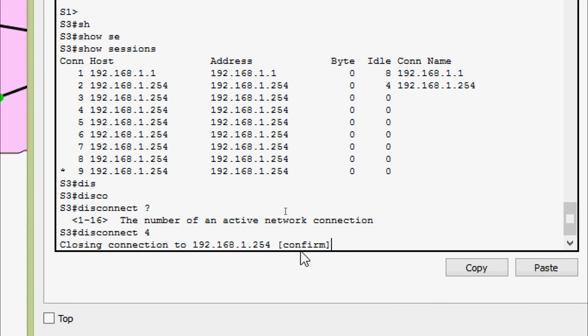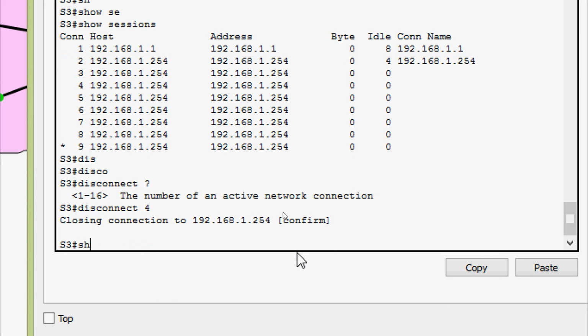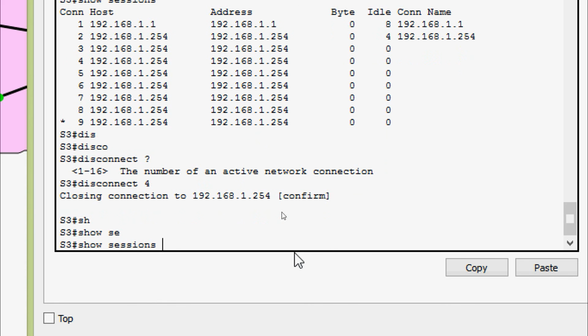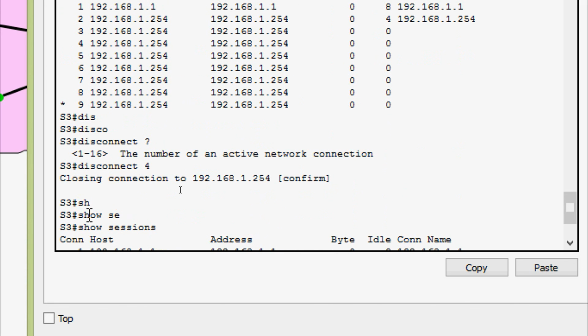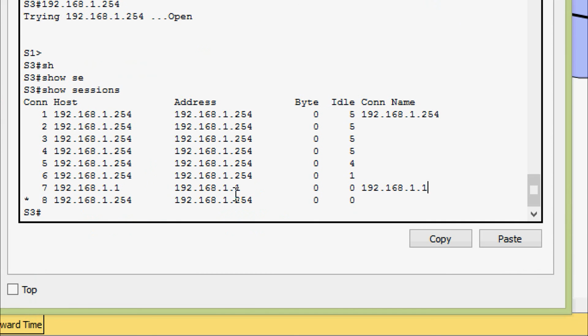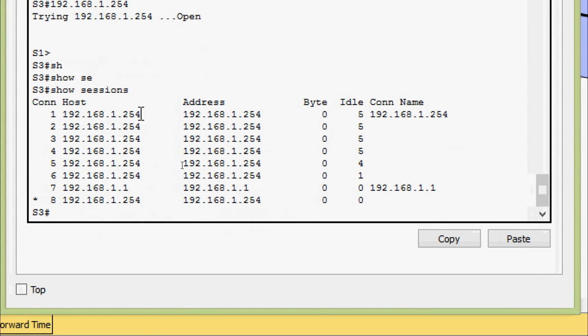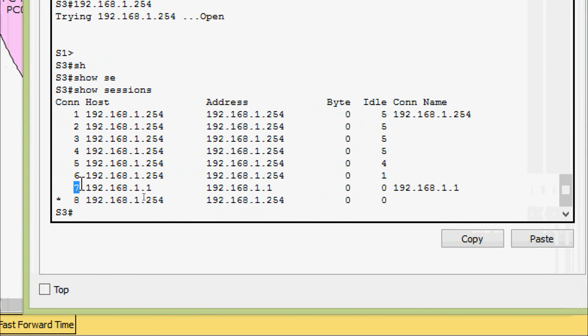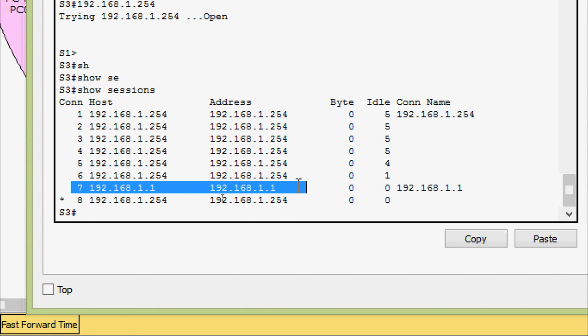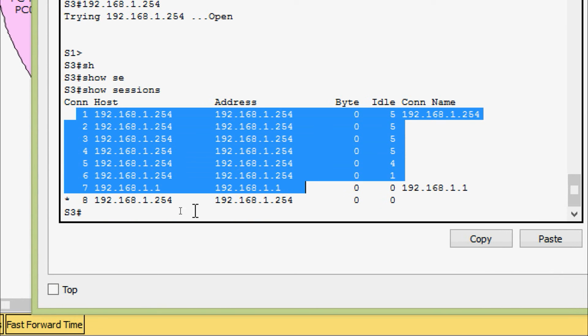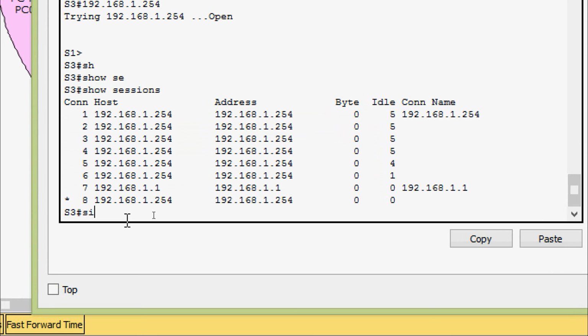Yes, again I am going to press enter, and here I am going to give show sessions, and here we can see now we have only 8 sessions. Previously it was 9. Once more, coming to our show sessions output, here we can see a session to the router and all other sessions are to the switch S1. Suppose I want to remove the 7th session. Here we have a total of 8 sessions, so we are going to disconnect